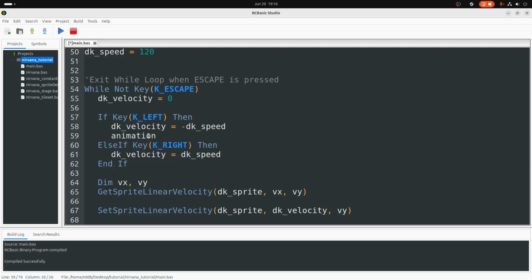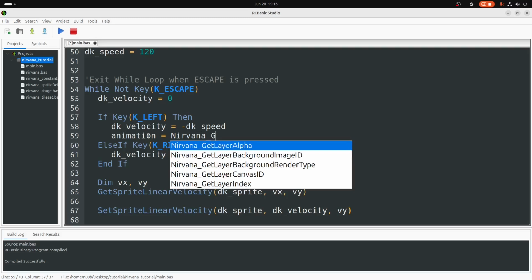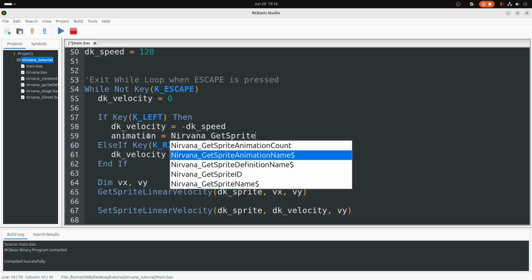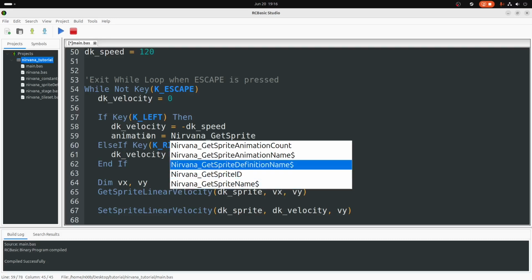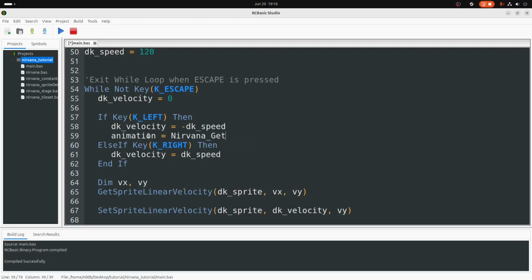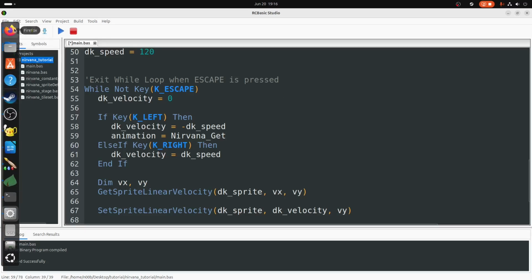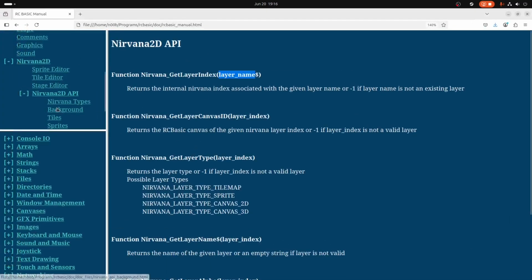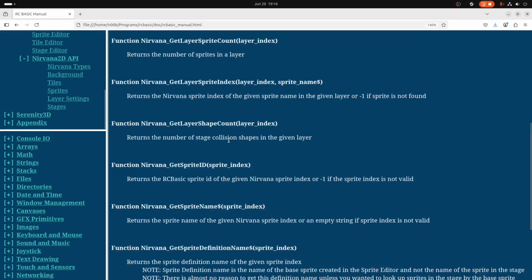So animation equals Nirvana get sprite animation. That gets the sprite animation name, but we need to get, I am actually gonna need to probably reference the doc for this. So in this case, sprites, and